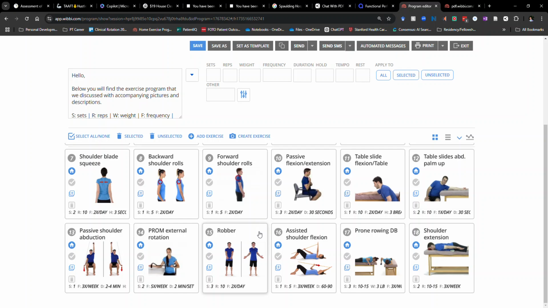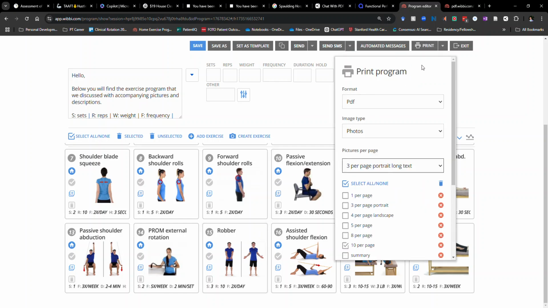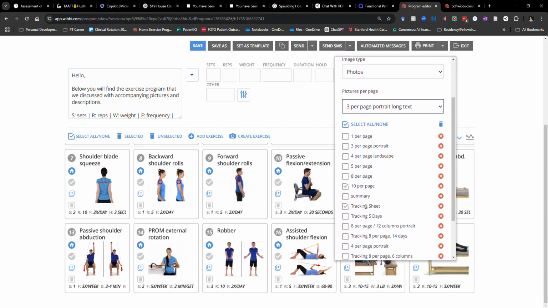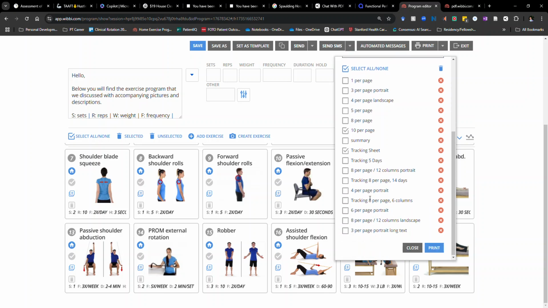But the key in the printout for documentation would be I would go to the prints. I tend to use the 10 per page. Certainly patients have their personal preferences as to the other formats in which it is printed, so you could select multiple if you so choose. I would then click print. That will give me a print preview of the exercise